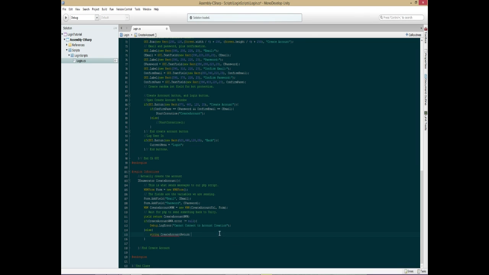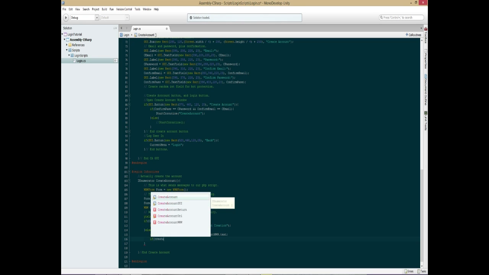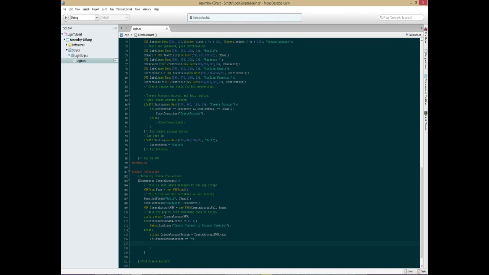string. So we're creating a new string called create account return, and that'll contain the information that we get back from our PHP script. So we're going to make this equal to create account WWW.text, like so. And now if create account return, if it's equal to success